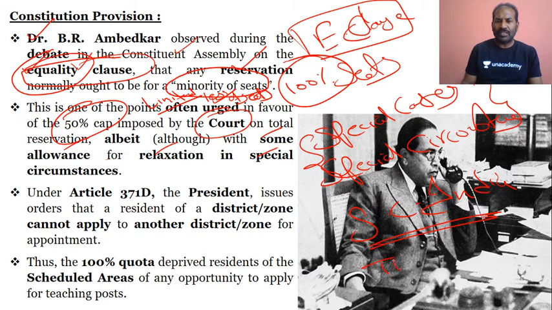From time to time, this is very important. Chavan says mainly to, okay, fine. So I think you are understanding it. So definitely, of the total reservation, there will be some allowances, that means some kind of reservation for relaxation in special circumstances. This is again a keyword, special circumstances. Special cases will be decided from time to time by the Supreme Court of India.